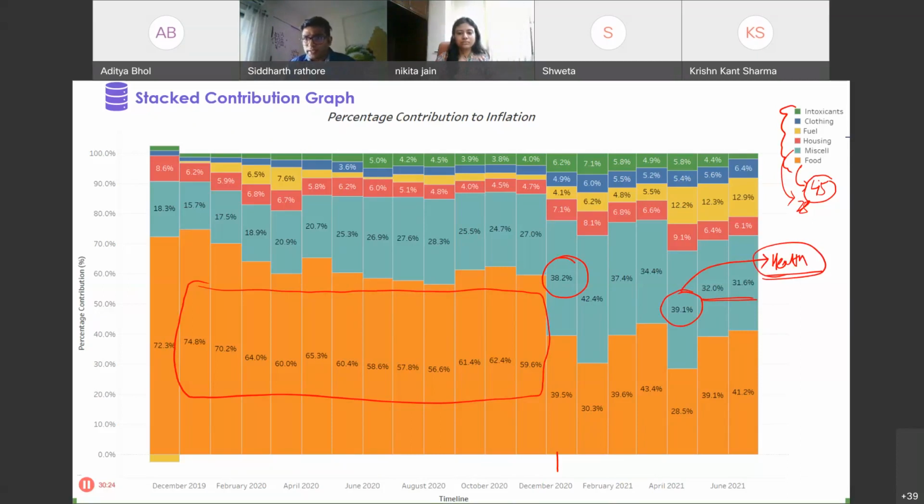The other factor we can see here is that while fuel carries a weight of somewhere around 6 to 7%, its contribution to inflation in the last three prints has been somewhere around 12%. And as Nikita had explained, this is perhaps because of the rising oil prices. Now coming to